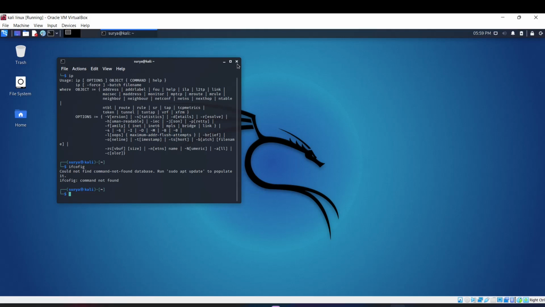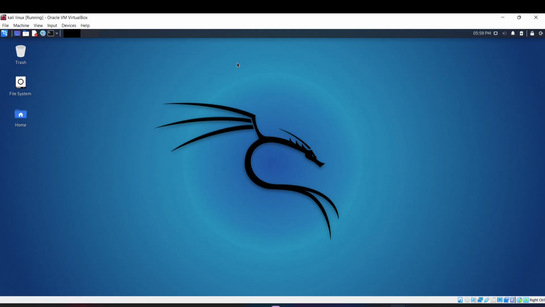So this is how we have installed it, and in the next video I'm going to show you how to set up this same installed Kali machine into a penetration testing lab, and we will solve TryHackMe and Hack The Box machines on this Kali machine. So stay tuned and install this Kali machine on your machines. Be ready, we are going to rock from the next video.